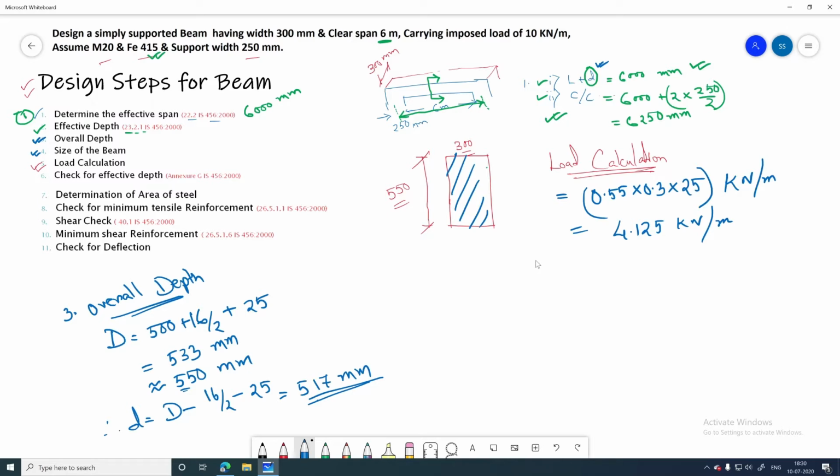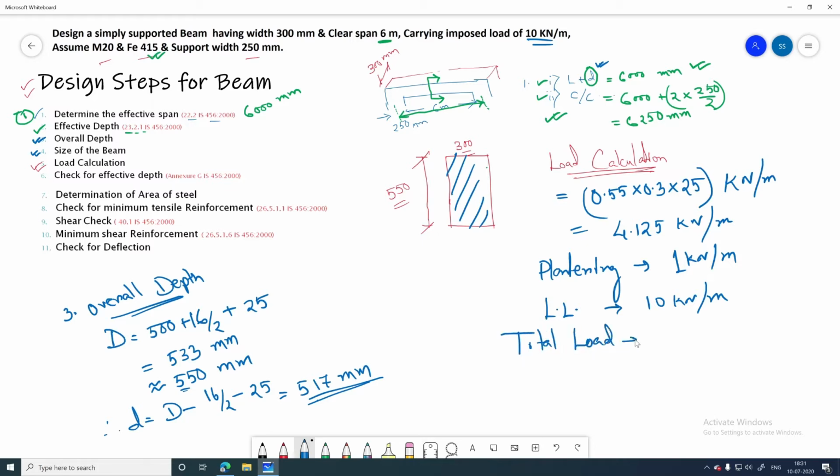The plastering, for plastering we are considering it as 1 kilonewton per meter, and the imposed load, that is the live load, is already given, that is 10 kilonewton per meter. Now the total load becomes 10 plus 1 plus 4.125, that means it is 15.125